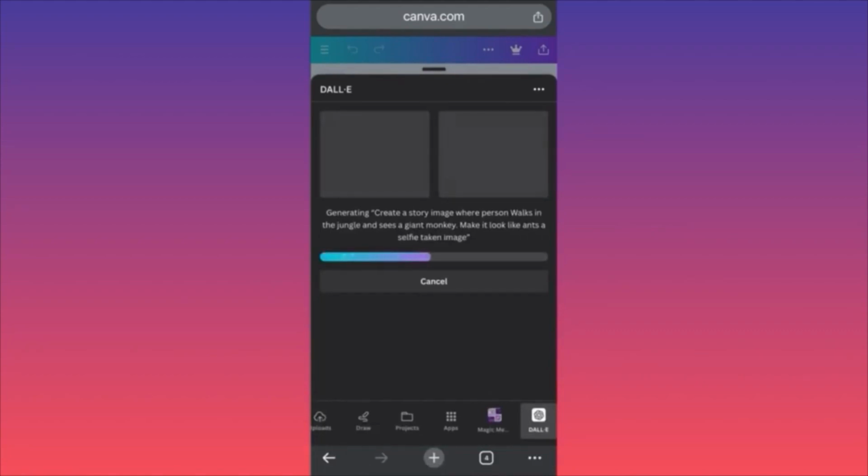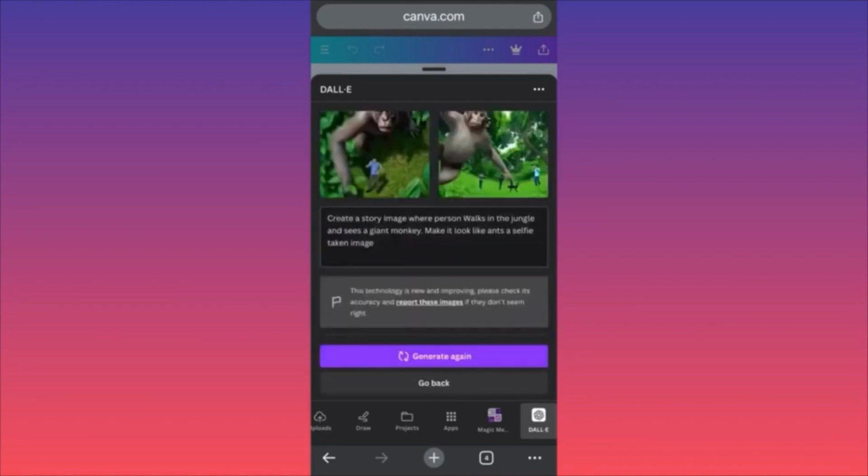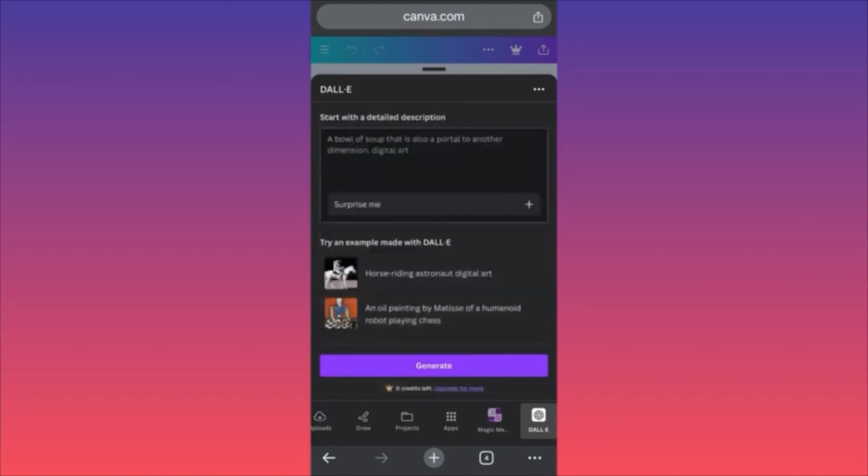The main difference is that DALL-E will only give you 2 variations of the actual creation, while if you use Magic Studio here on Canva, you're going to get 4. And I think this is hilarious. Okay, so I think people will be clicking on the second one most likely. It's not perfect, it's not amazing. I honestly like Magic Studio AI more. I have made plenty of videos on it. You guys can check it out and see what we actually get out of it. DALL-E, it's okay, it's not perfect.